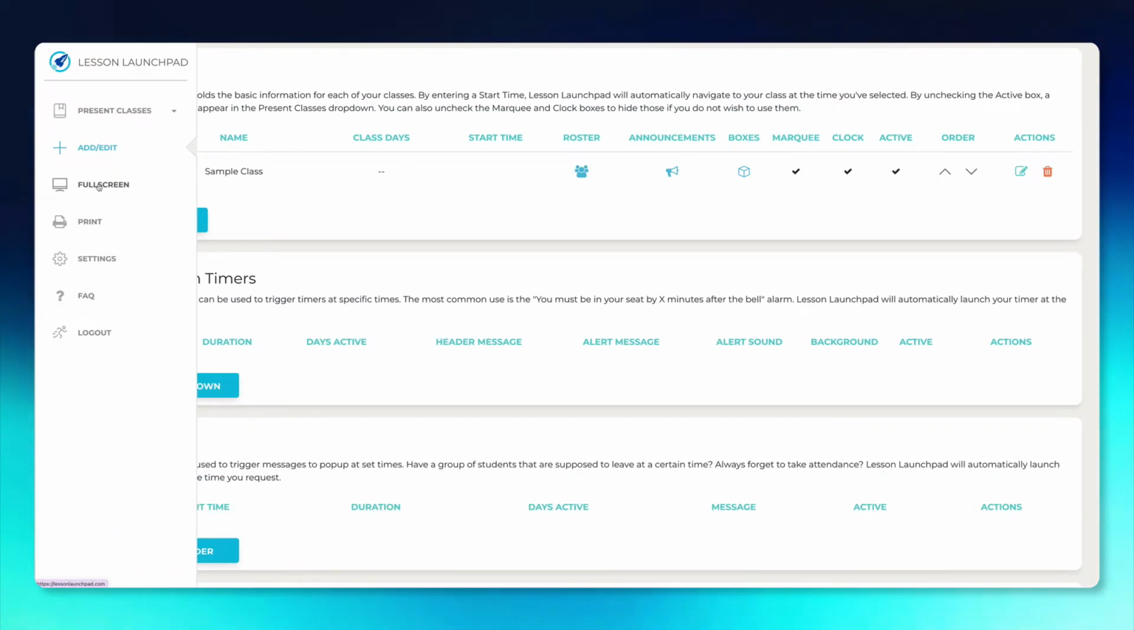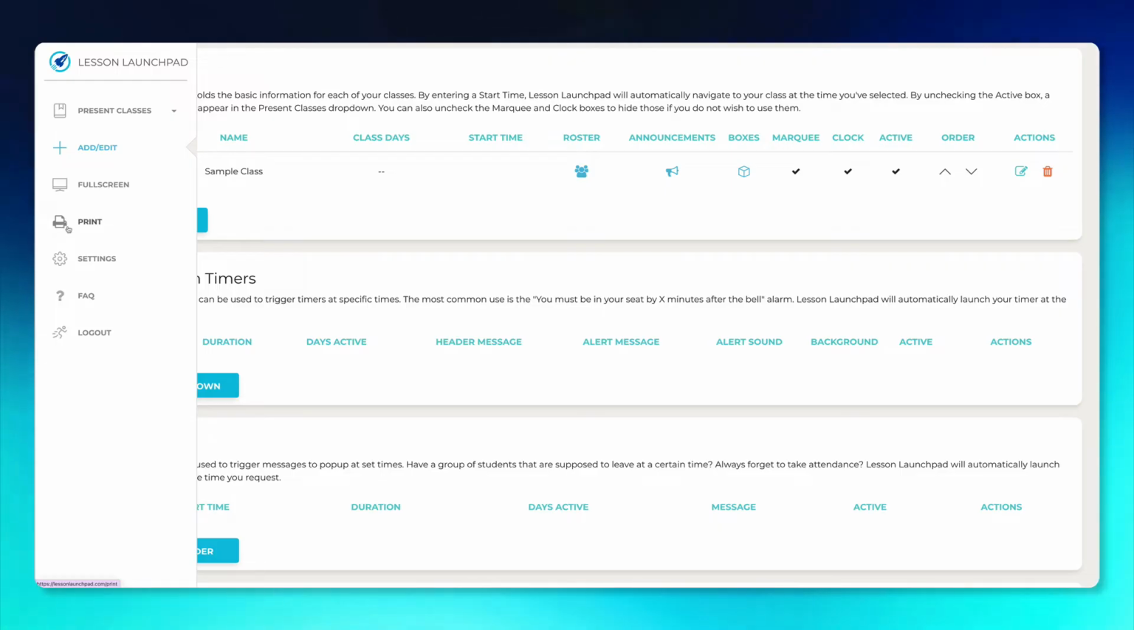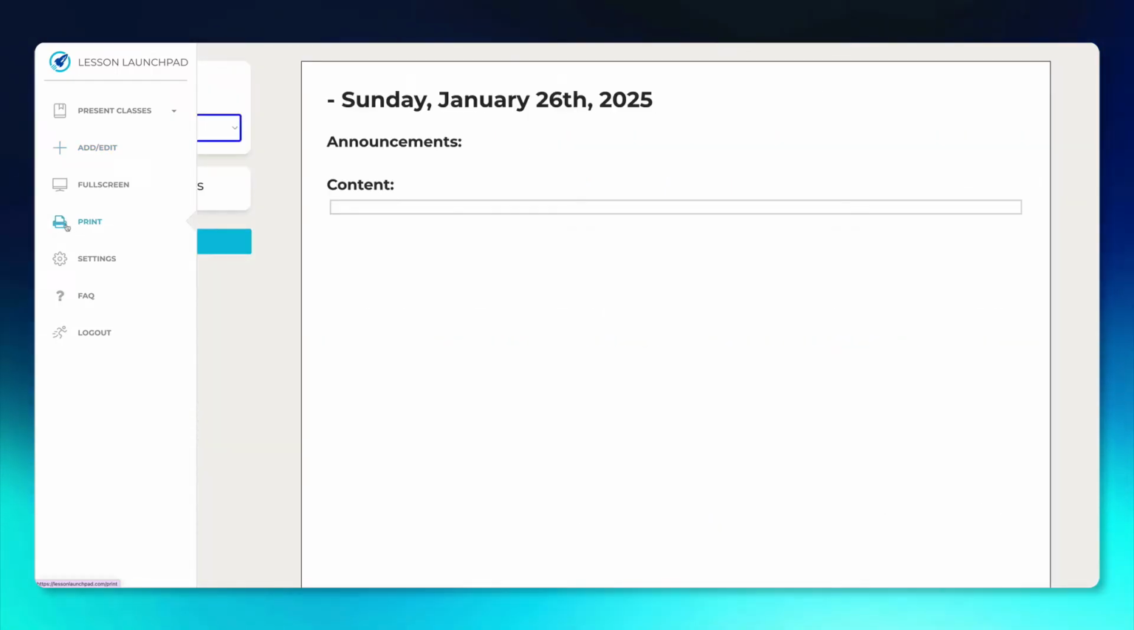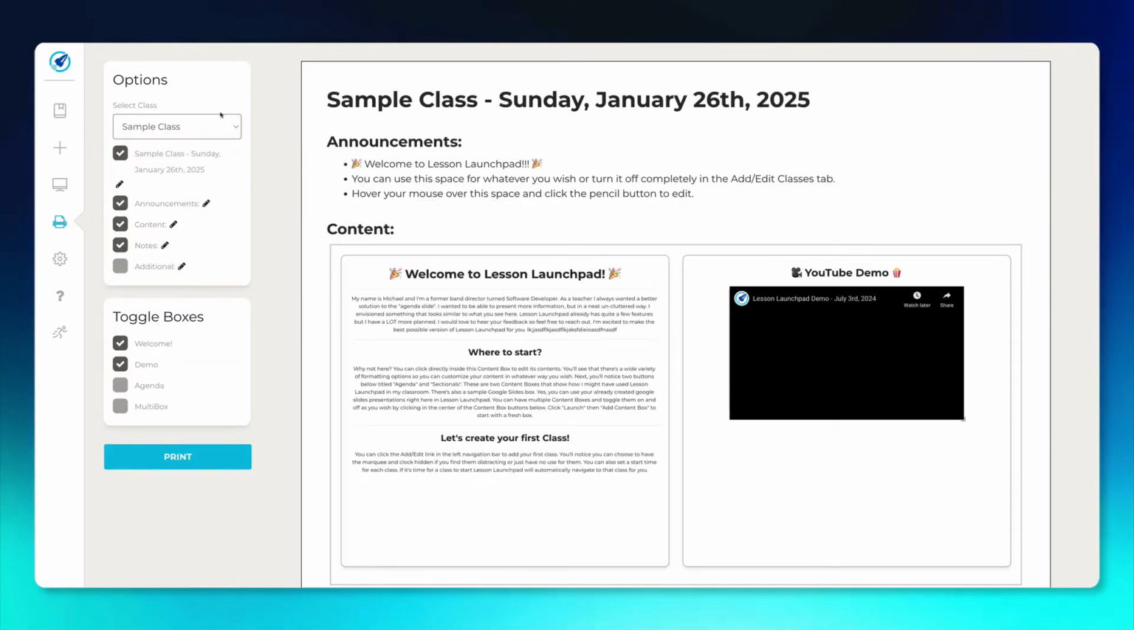Here is just a full screen button. I'm not going to click it right now because it'll go off of the screen that I'm currently recording from. But if you want Lesson Launchpad to take up your whole screen, you can click that button and it'll go to full screen. We also have a print button here, and this is where you can easily make lesson plans